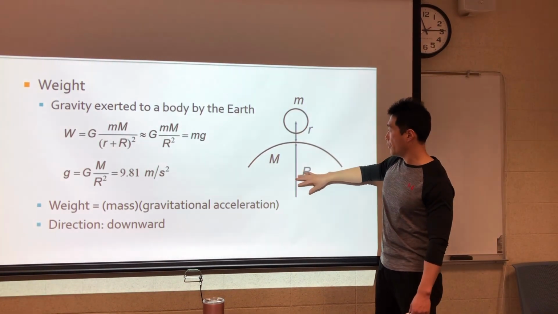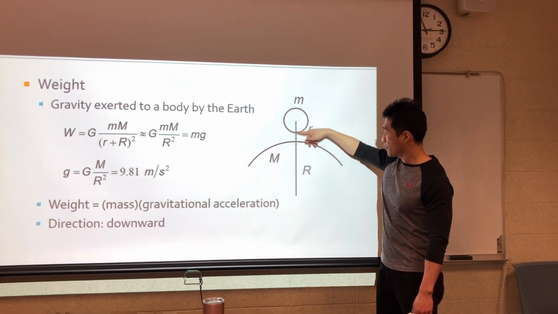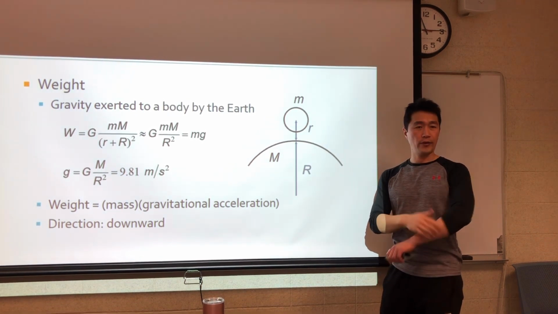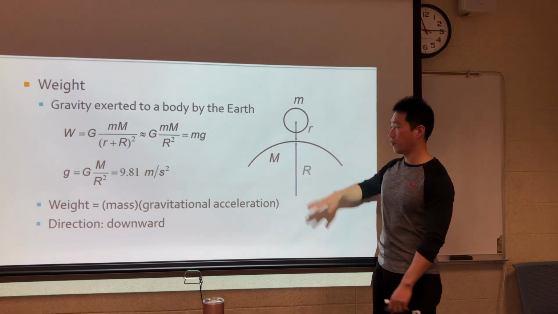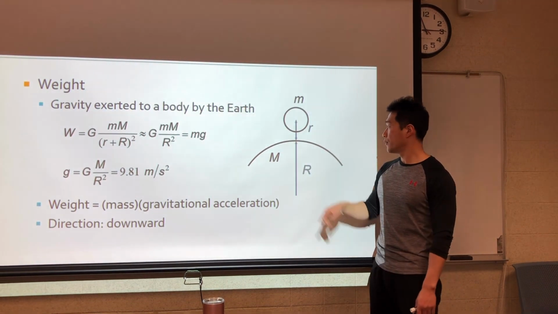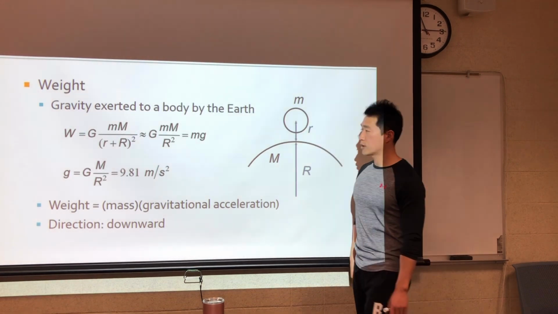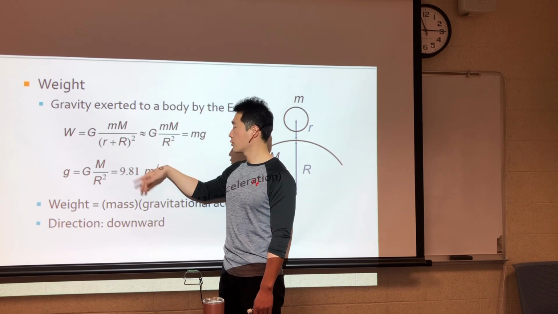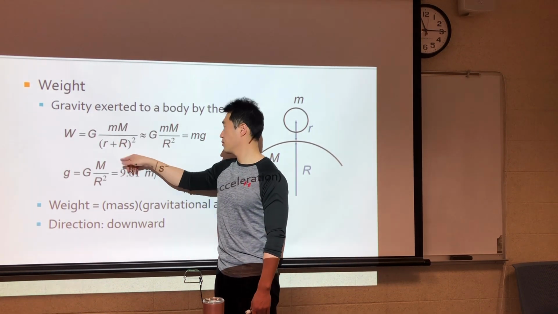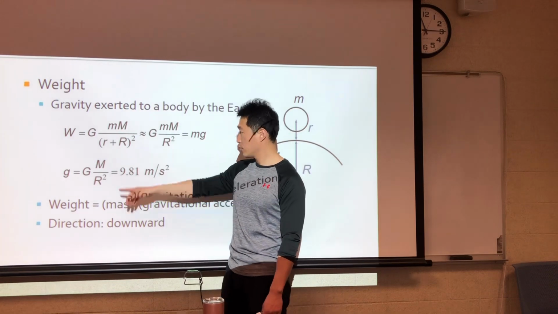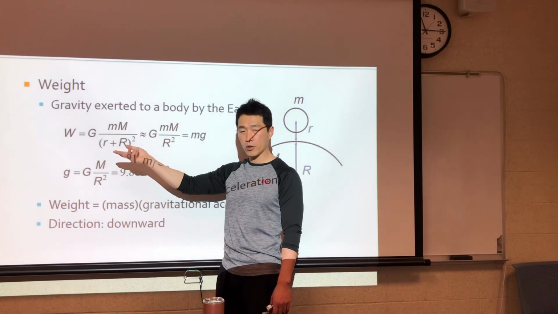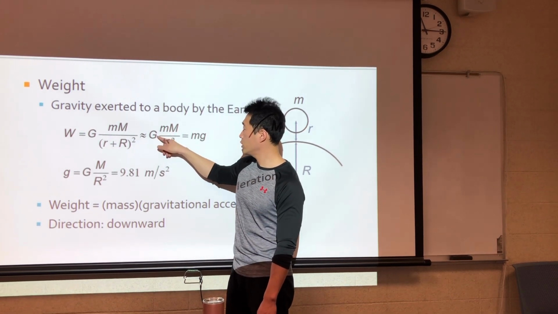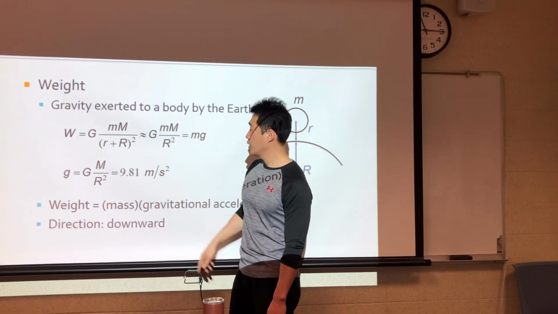Again, you would combine these two to calculate the exact separation distance from your body to the earth. But as I mentioned earlier, this is too small relative to this one. That's why the wavy sign, this is almost equal to each other. So we can simplify this just by using r, because lowercase r is really too small relative to the radius of the earth. So again, you get G, two masses, and the separation distance, which is equal to